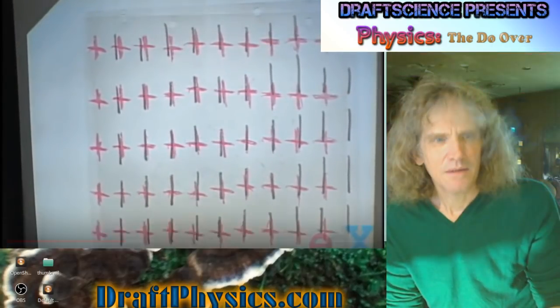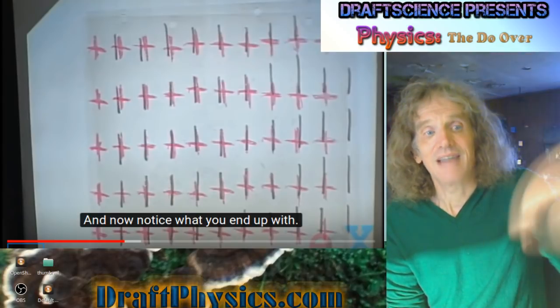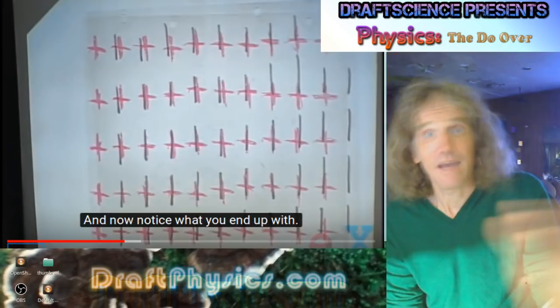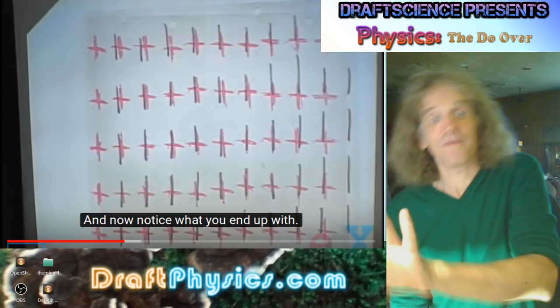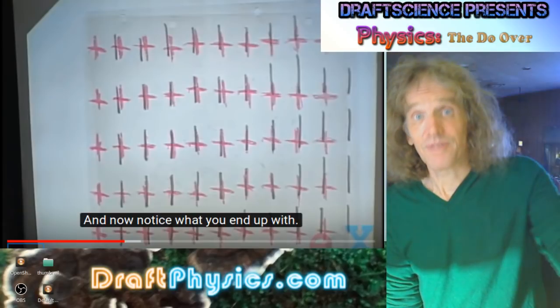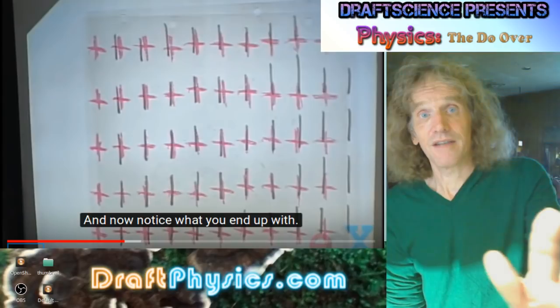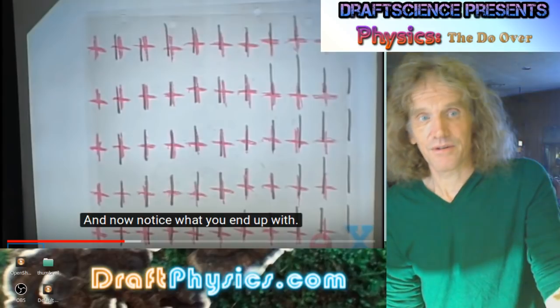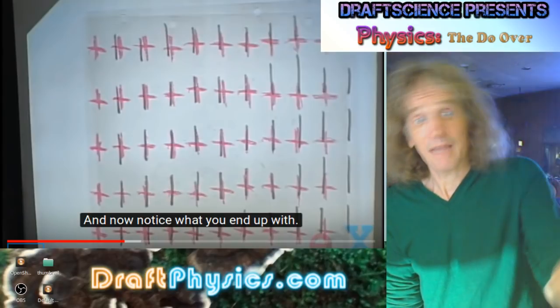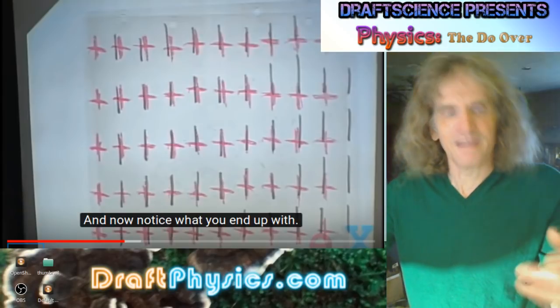And now notice what you end up with. This part of the illustration is inaccurate in the sense that that doesn't happen. The atoms don't shift like that. It's really just the fact that this is a surface phenomenon. He's just basically showed a conductor. He hasn't shown what an insulator is doing at all, because the insulator is not capable of doing that, because the atoms aren't connected. But anyway,